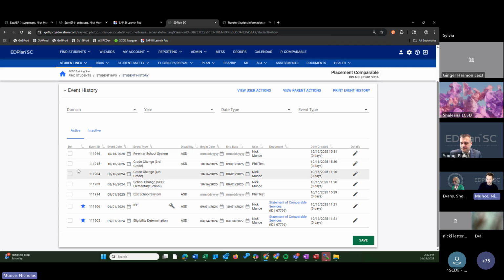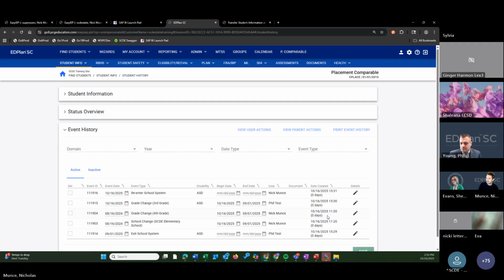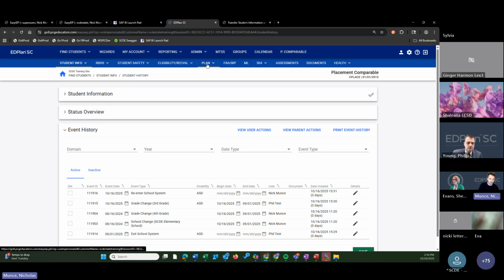I've opened up that comparable services plan, and now that that's open, I'm going to inactivate these two events because I need to go and remake the comparable services plan to save the correct placement value for reporting. So I've checked both these boxes. I'm going to hit save to inactivate them. And now I'm going to go make sure that I've set my placement value correctly before I refinalize the comparable services statement. So I'll go to the IEP process,